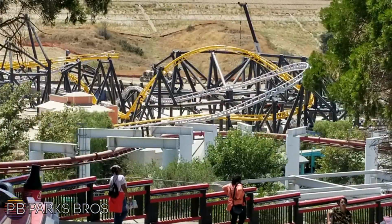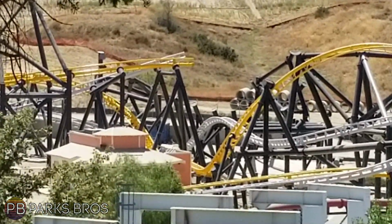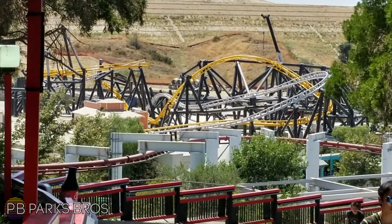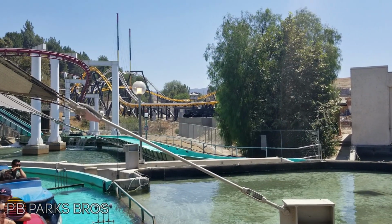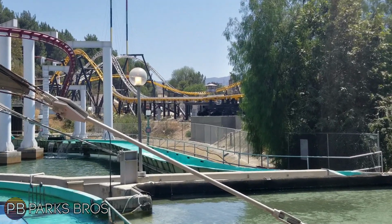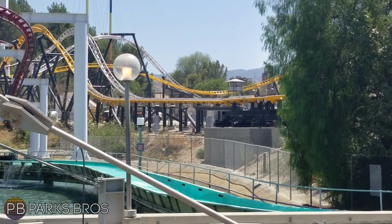I have to give a huge appreciation to all the workers out there working non-stop on this ride. But the next big thing right now is just some more electrical work on the first and third launches of the ride. They are definitely setting those up, getting them ready for a potential launch in probably about 3 weeks, maybe even more time. So hopefully we'll be seeing testing sooner rather than later at this point,